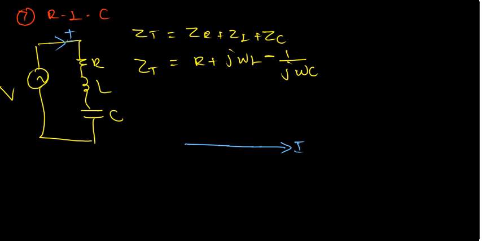I already told you it is not leading or lagging. Here I took I greater than VR. That's why it's smaller than this I line. VR and VL: VL is always leading. VL is leading there. And VC is always lagging. So here I took